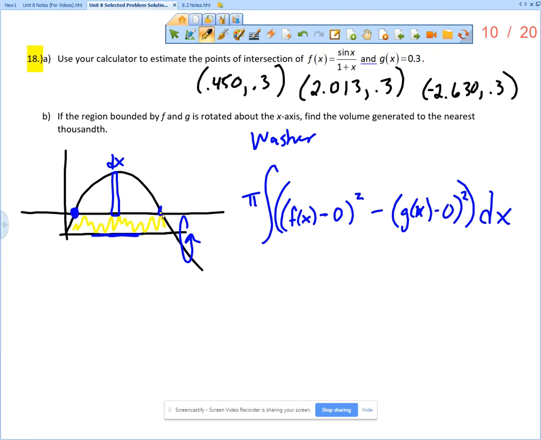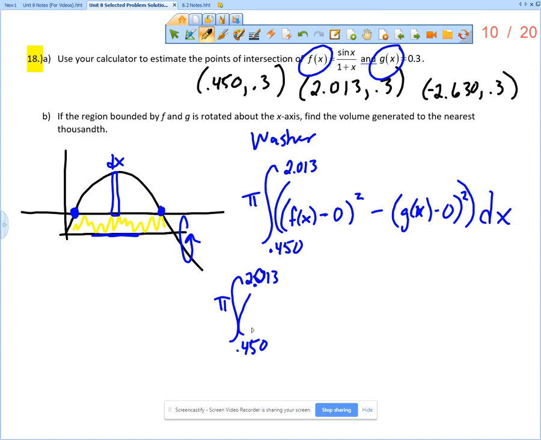And now we're integrating from what to what? So we're integrating from the left to the right, and so we already found those points of intersection, so it would be 0.450, comma, 2.013. Right, now, is this an acceptable answer in terms of setup only? Absolutely, right? f of x is given, g of x is given, so put those in there. Now, it would be just fine to write pi times the integral from 0.450 to